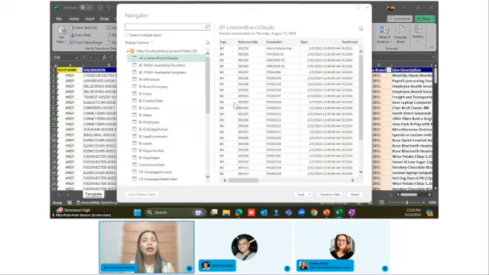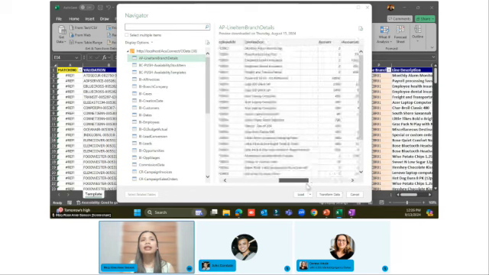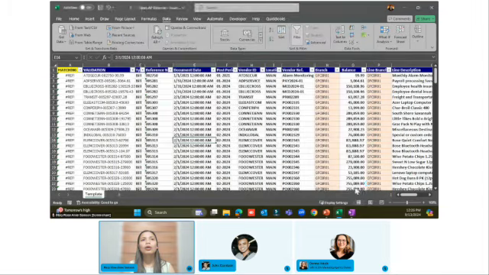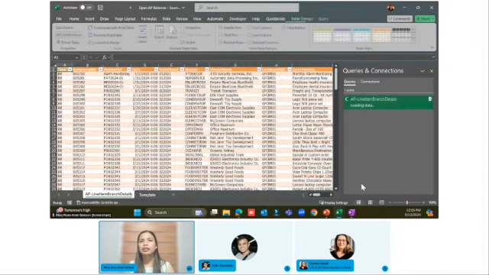And then on the right side of the screen, you will be able to see all the available data from this generic inquiry. You can transform this data by using the Transform Data button, or you can just load all the data available in your generic inquiry.